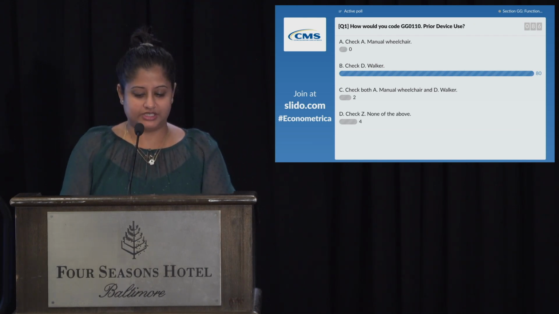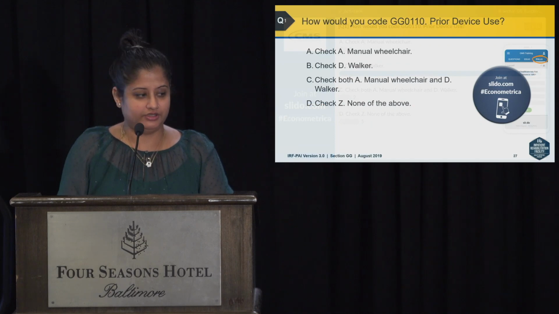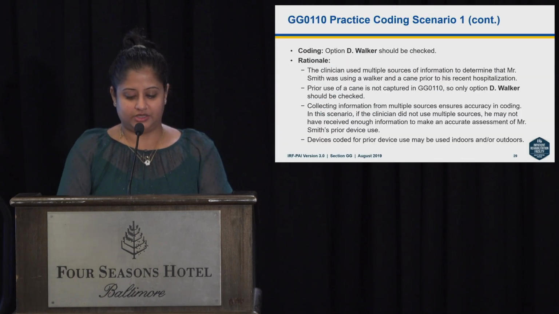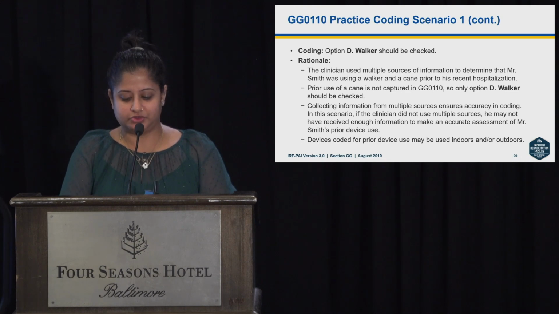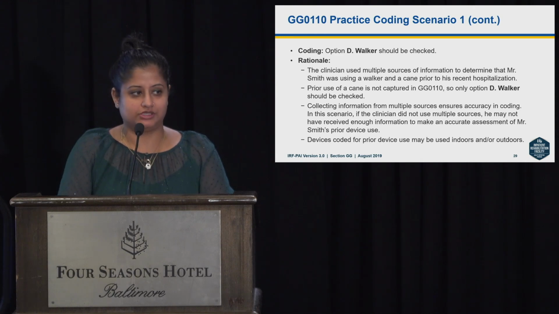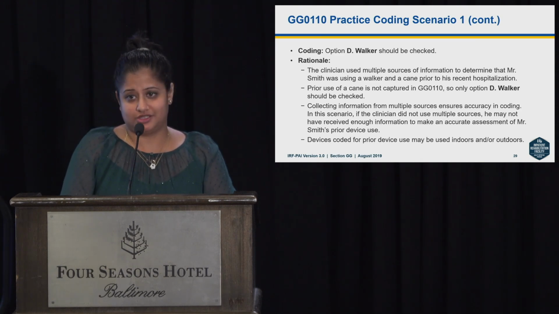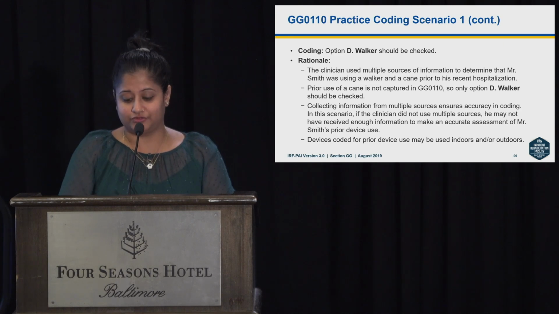Good, and we'll go ahead and take a look at the correct answer now. And it is, in fact, D, walker. The rationale behind that is the clinician used multiple sources of information to determine that Mr. Smith was using a walker and a cane prior to his recent hospitalization. So if the clinician hadn't asked Mrs. Smith about what the patient was using before, there's a chance that he may have gotten inaccurate information and would